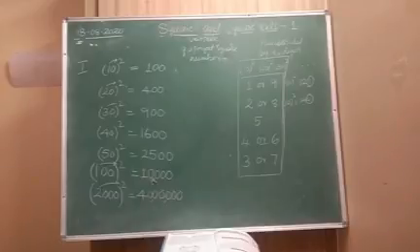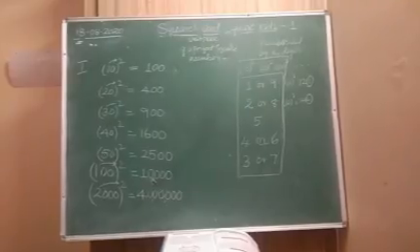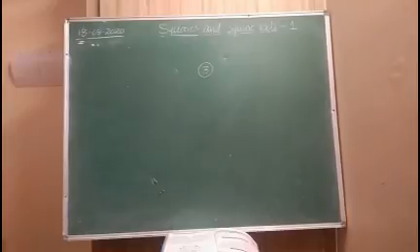10 square is 100, 20 square is 400, 30 square is 900. Just write the square of the tens place digit. If it is a 2-digit number, only write the square of the tens place digit and write down double the number of zeros ending the number. Right? Now the second